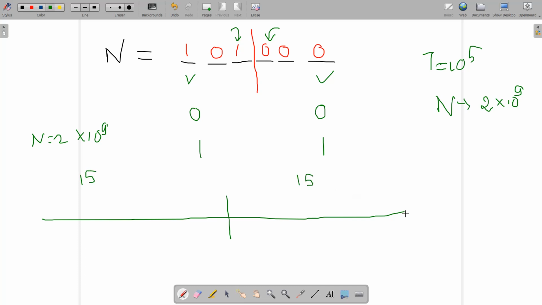That is, if you talk about the binary representation of the worst case number N as 2 into 10 power 9, it will contain 30 places in binary representation. And again, if you divide these 30 places into two halves, the left half will contain 15 and the right half will also contain 15.